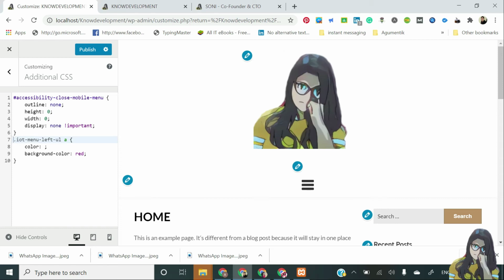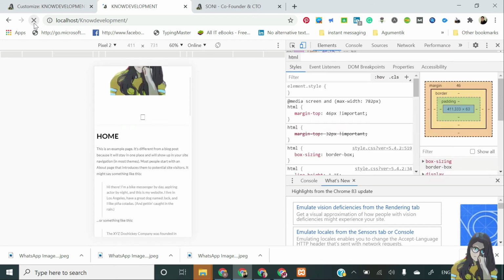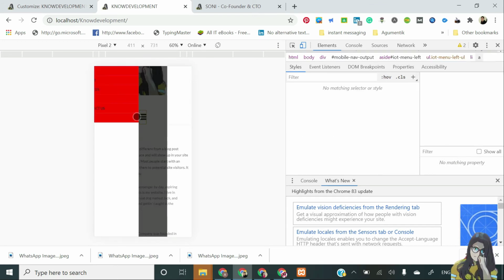Now you would be thinking why the dot mark is appearing over here. See, I already told in my last video, if you are taking anything as a class, then you will have to denote it with a dot. If you are taking any ID, then you will have to denote it with hash. Instead of dot, you will have to write hash if you are giving an ID. Okay, this is a very simple rule that you will have to apply over here. Now publish and check whether it is appearing properly or not after doing the changes.